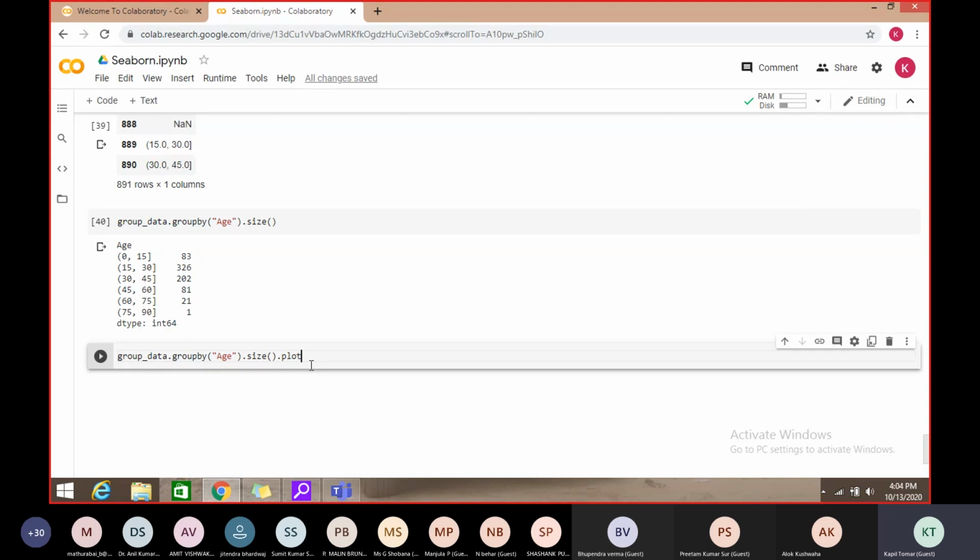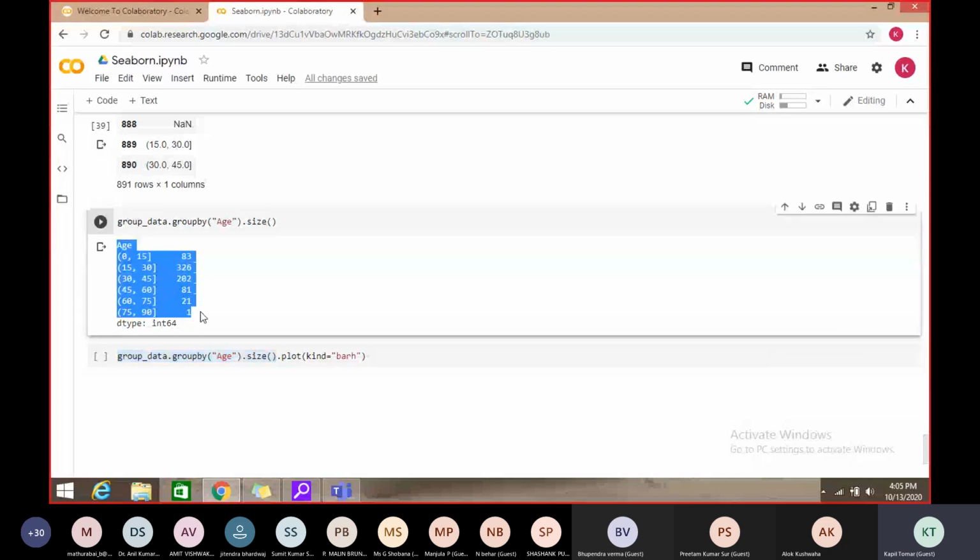So plot, we have to mention which kind, and on this data which is available here we want to plot a bar graph.